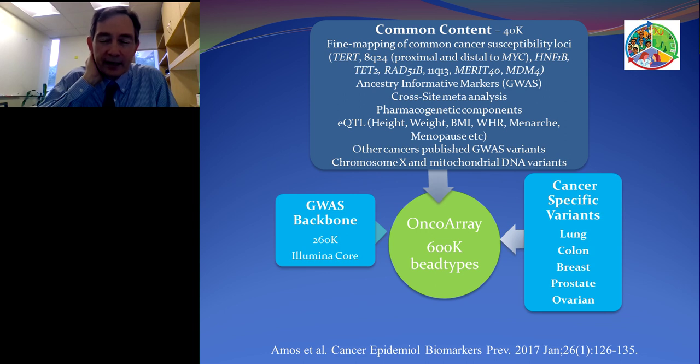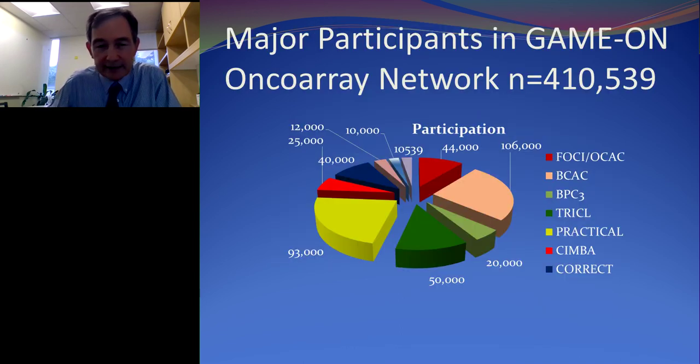And because we worked together, we were able to reduce the cost of the array to about $40 per person that was analyzed. And then the array was configured so that it could be changed if other groups wanted to join in. They would get the 600,000 BeadTypes, but that turns into about 500,000 genotypes. Anyway, all other groups could join in, and in all, probably about 500,000 or so people have been genotyped on these arrays. This just shows you the different consortia that formed the array in the beginning, and those acronyms are for the different groups like lung and colon and so forth.